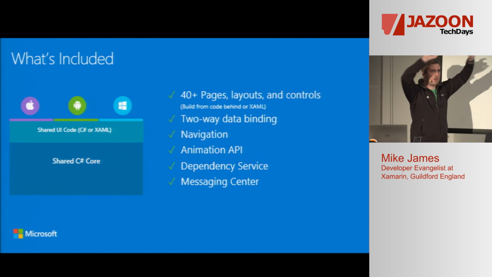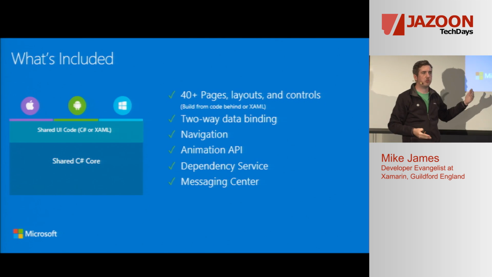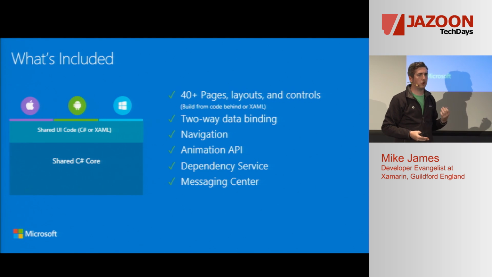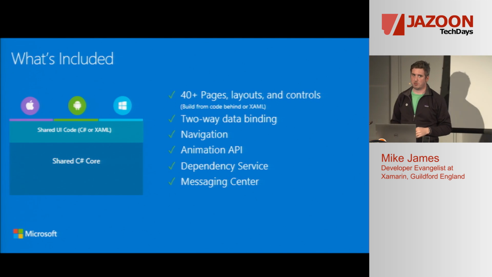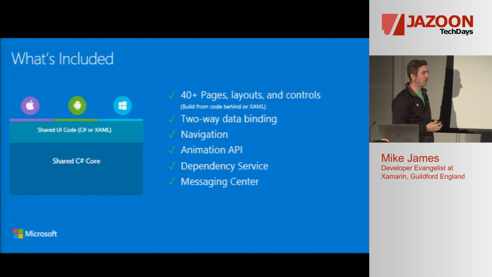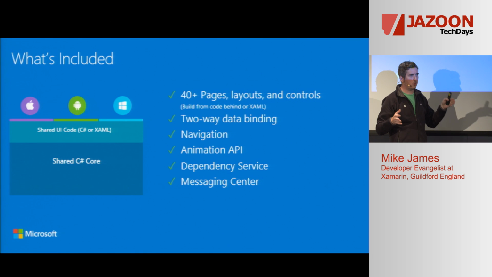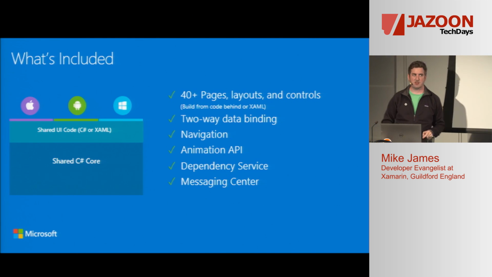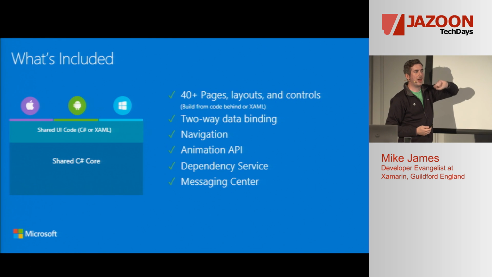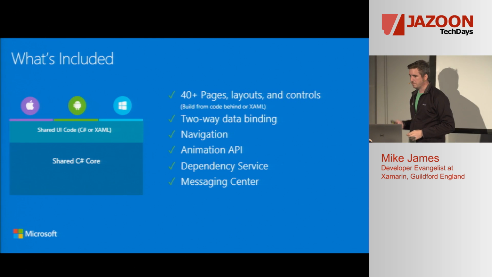So although Xamarin.Forms is this high-level abstraction, when you need access to low-level features of each platform, you just use a dependency service to call down into it. So you're not stuck at this high level, you can drop straight down when you need to, which is a really powerful feature of Forms. And then we give you a messaging center, which allows your view models and your code and different classes to communicate to each other without actually knowing anything about each other. So you can have very decoupled code, which makes it really easy to test. I love the messaging center. We made Xamarin.Forms open source in April, and that was the first thing I ripped straight out of Xamarin.Forms and threw into all of my projects, because it's just lovely.